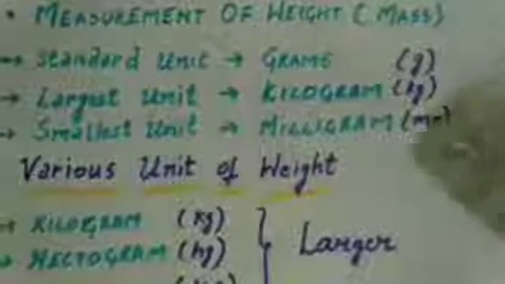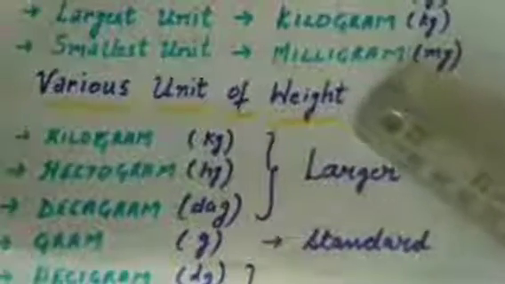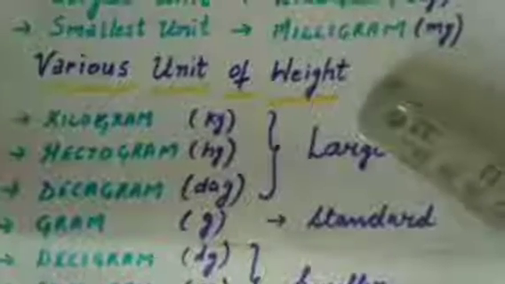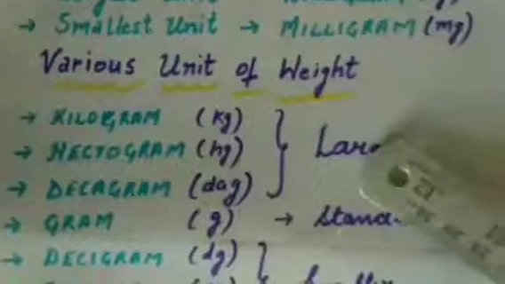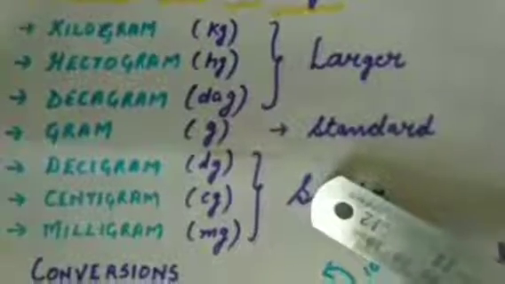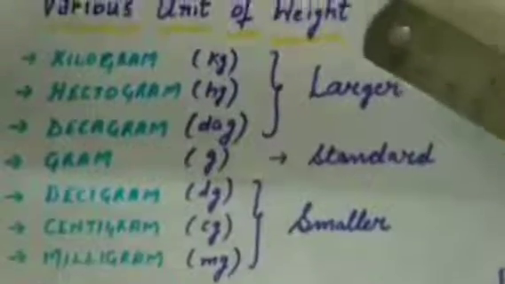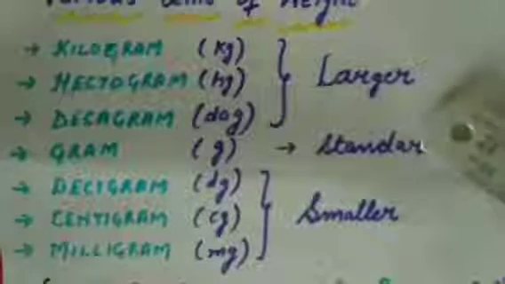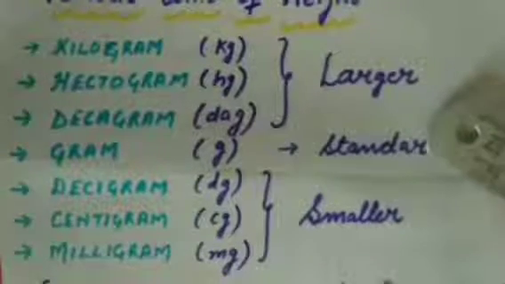Children, now we are going to do the various units of weight. First one is kilogram, that is kg, hectogram, hg, decagram, dag, gram, g, decigram, dg, centigram, cg, while milligram is mg. Students, kilogram, hectogram and decagram are the larger units of measurement of mass, which are used to measure heavy things like a bag of rice or wheat,